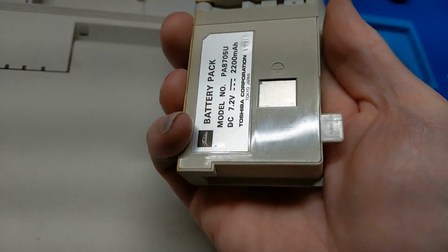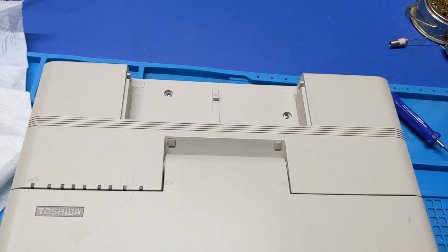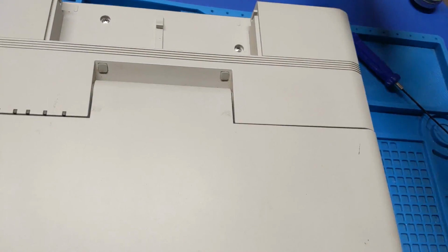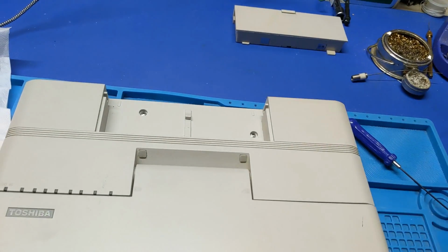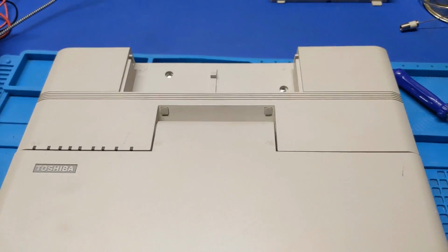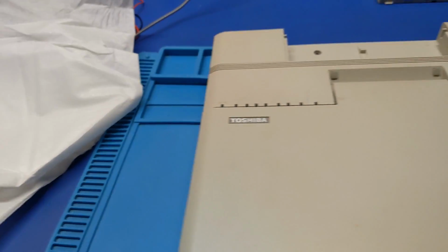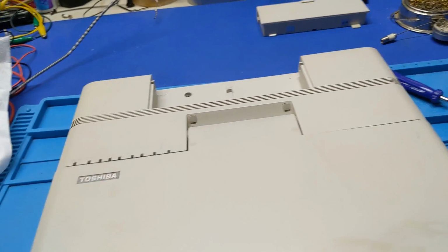Because if anything, you want to at least have this just to fill the hole, so it doesn't look like this. You can repack the cells if you want. I would never use a machine like this enough to justify the cost of batteries just for them to go bad in a few years anyways. So I would never do that, but to each their own. Some people would actually do it because they would use this as like a daily writing machine or something with WordPerfect. I mean, who knows, but for me it is not the case. So all right,